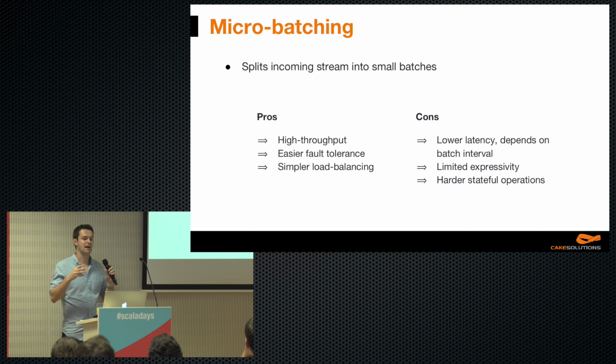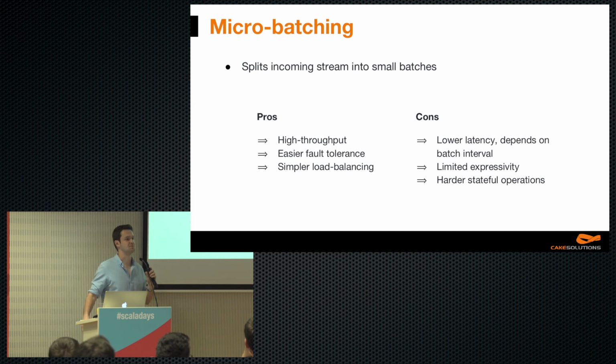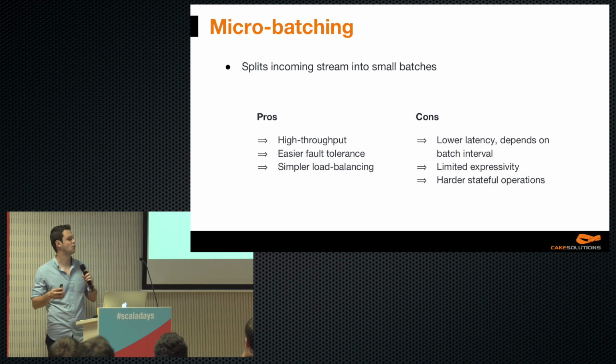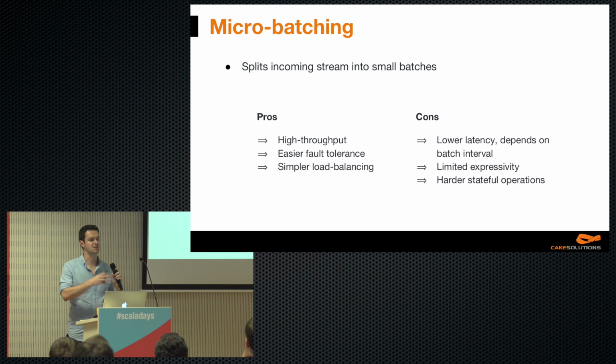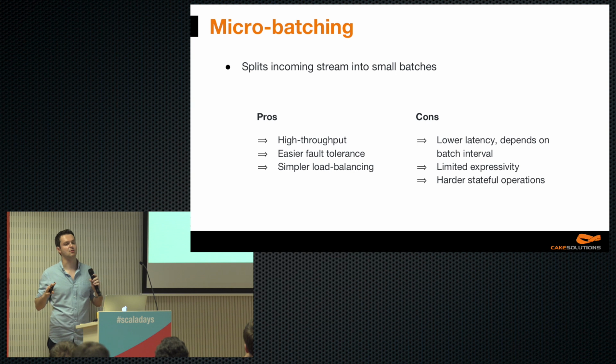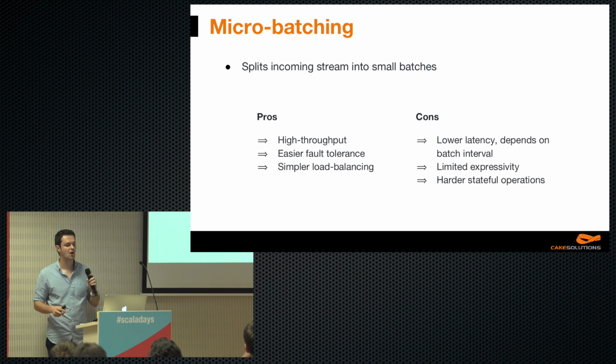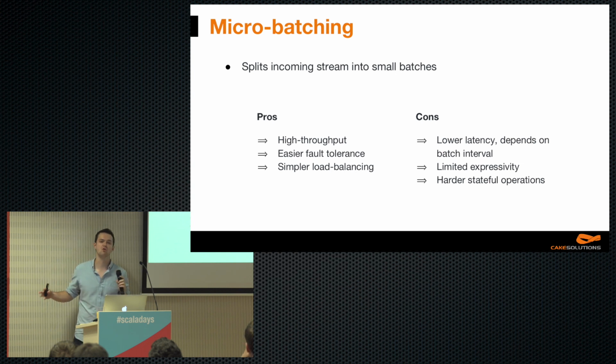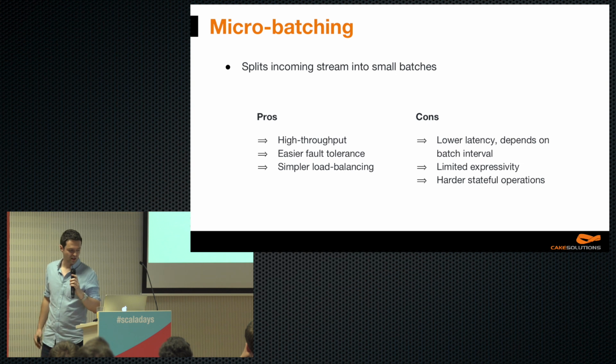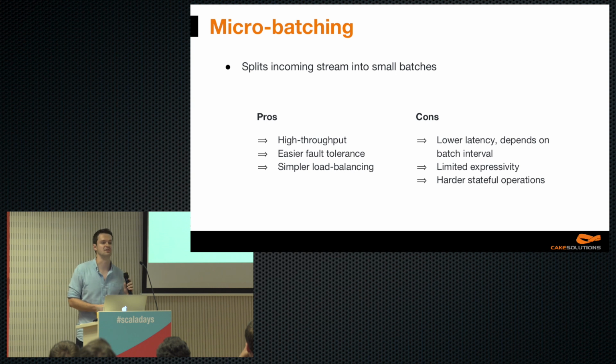Splitting the stream into micro-batches inevitably reduces the system's expressiveness. Some operations, especially state management or joins and splits, are much harder to implement, as the system has to manipulate the whole batch. Moreover, the batch interval connects two things which should never be connected: an infrastructure property and a business logic. On the contrary, fault tolerance is much simpler. A system just sends every batch to a worker node, and if something goes wrong, it can just use a different one. Lastly, it's good to remark that we can build a micro-batching system atop native streaming quite easily.